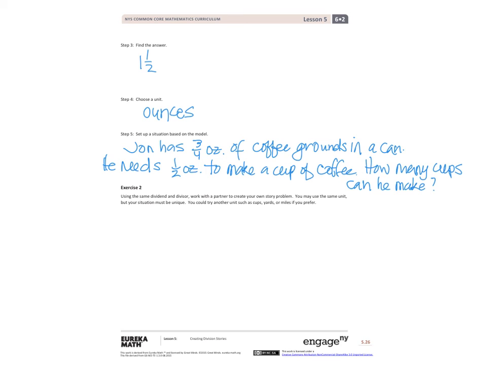And then let's look at exercise 2. It says using the same dividend and divisor, work with a partner to create your own story problem. You may use the same unit, but your situation must be unique. Try another unit like cups, yards, or miles. So let's say if we had, let's say, Paisley uses half, now we're going to do a cup, half cup of glycerin, which is used for soap. Glycerin